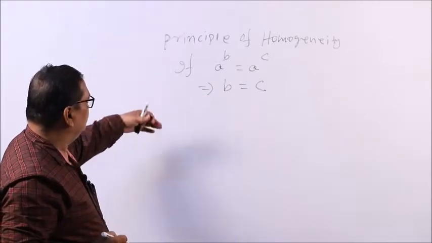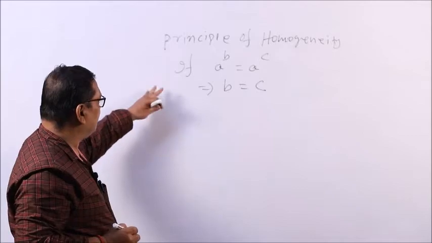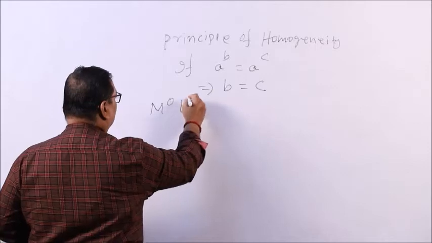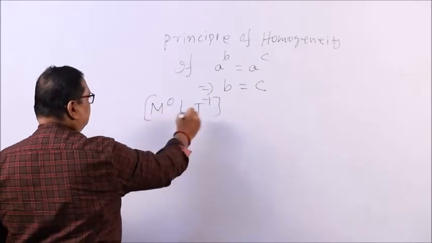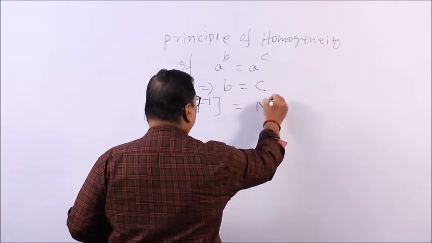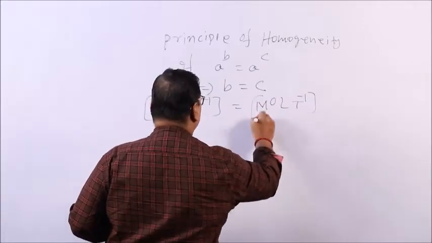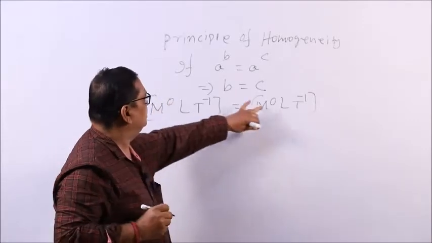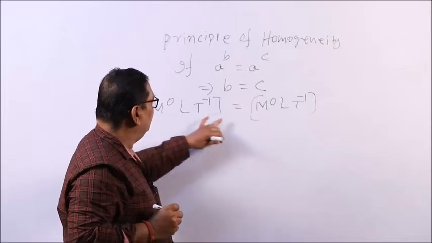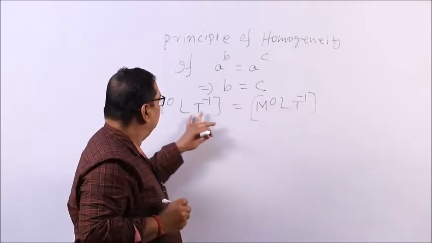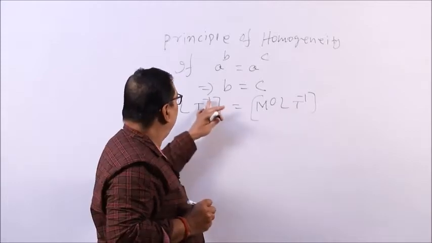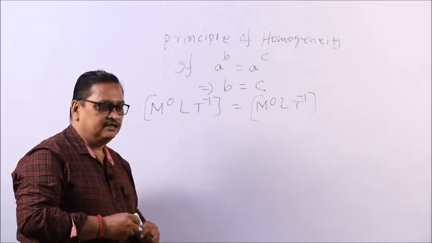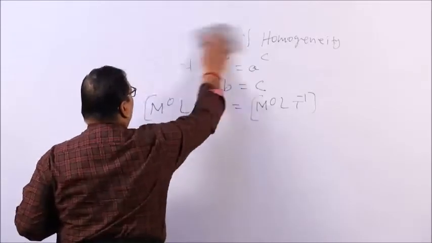So, in checking the correctness of an equation, the dimension of the LHS equals the dimension of the RHS, that is M0 L1 T minus 1, this was the dimension of the LHS and this was the dimension of the RHS. Here you mark the base mass, the power is equal; the base length L, power is 1 and 1; here the base is T, time, the power is equated, that is minus 1 and minus 1. This is the principle of homogeneity. Okay. So, this is one application of dimensional analysis.